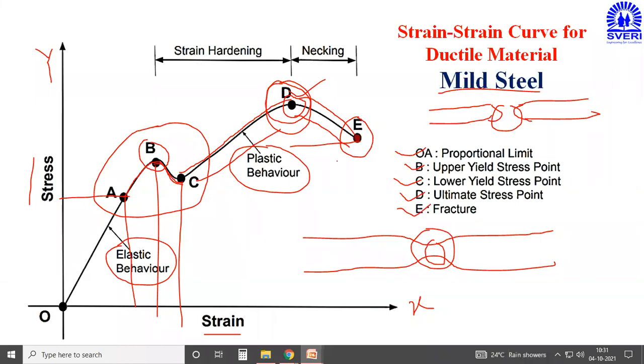Please keep in mind, from portion D to E, suddenly there is a drop in stress and an increase in dimension, such that the maximum deformation takes place and the body breaks into two different portions, and you get the fracture point, or the breaking point, as point E. Then in this ductile material, what will be the maximum stress value?